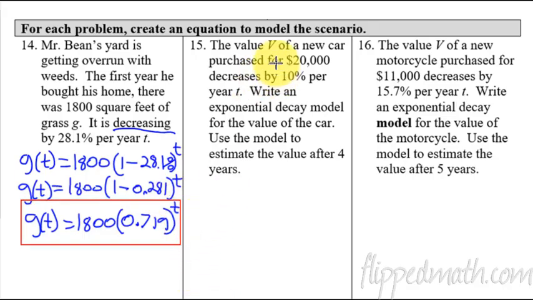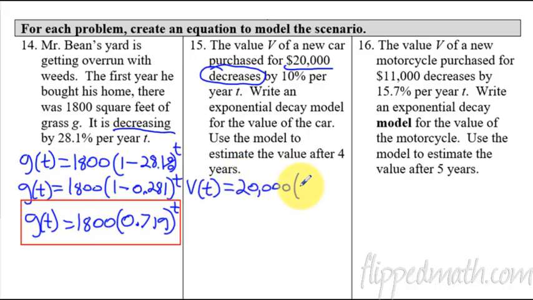Okay, 15. We're going to set up a scenario, and we're going to use it to solve. So how do we do this one? We're starting off with a car. This is the initial amount right here. So there's my A. But then the key word here is that it is decreasing by 10% per year. So let's set that up. My variables are V and T. So the value of the car with respect to T here with time, V of T is going to equal